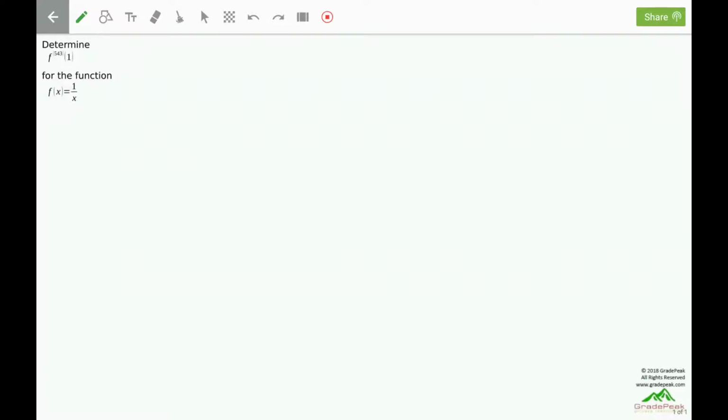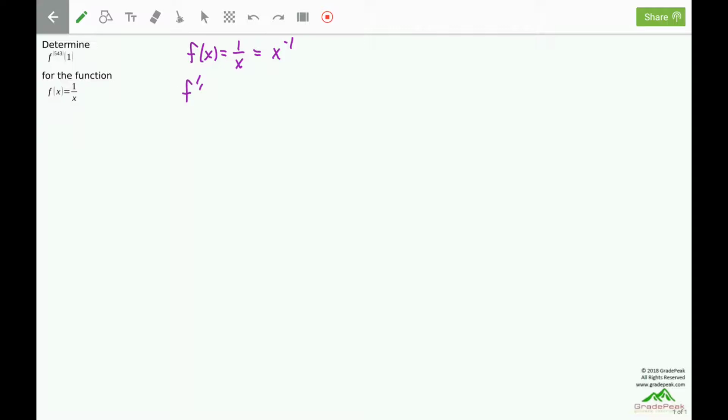Determine f 543 of 1 for the function f of x equals 1 over x. So here we're determining the 543rd derivative and then evaluating it at 1 for this function f of x, which is 1 over x, but that can be rewritten as x to the negative 1 and make use of the